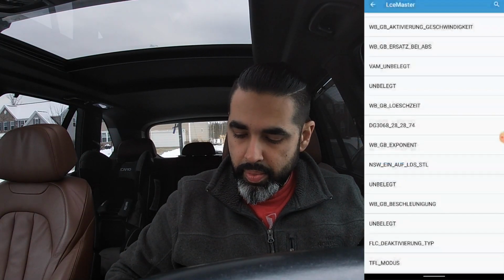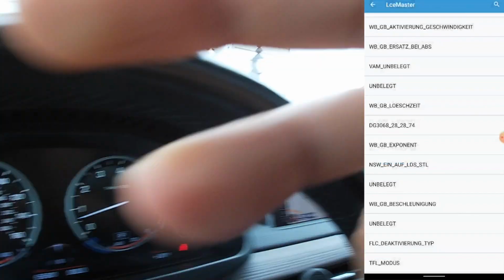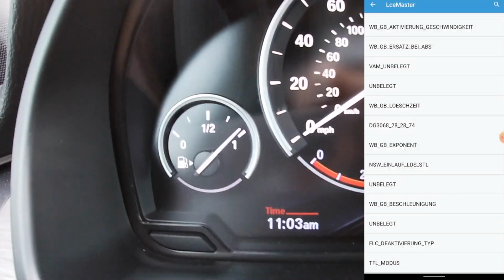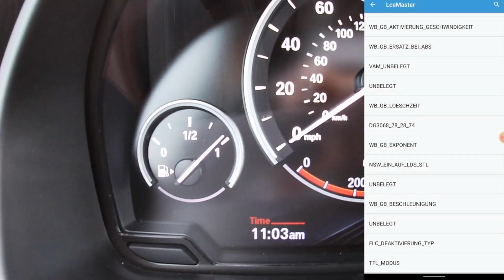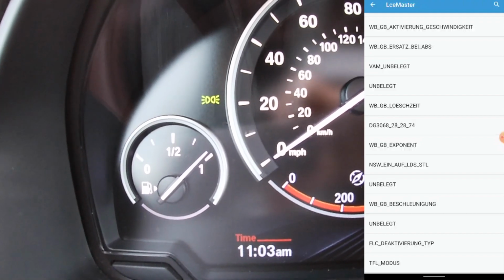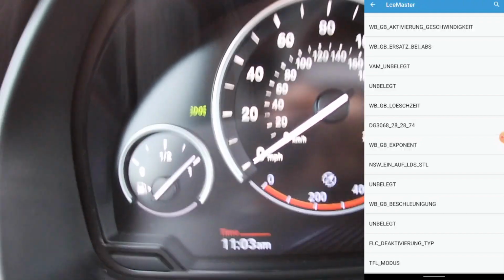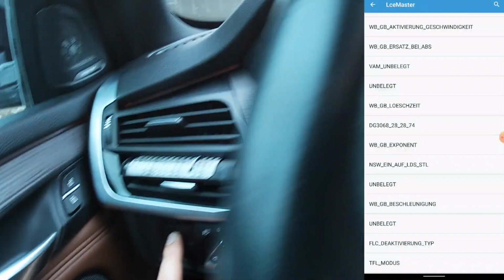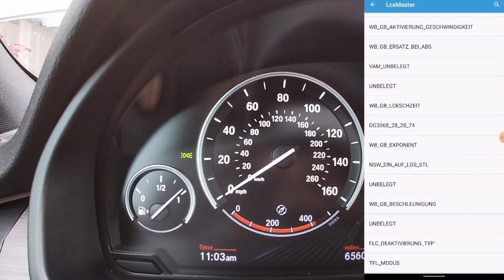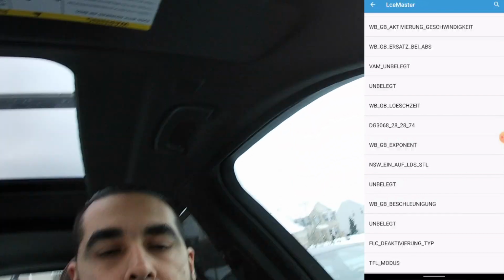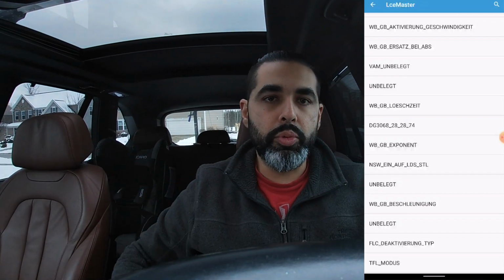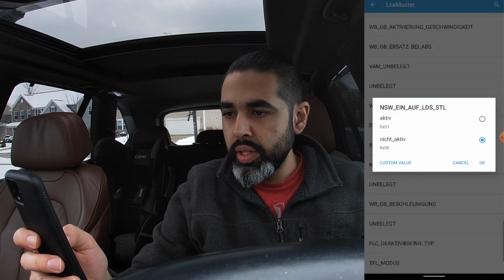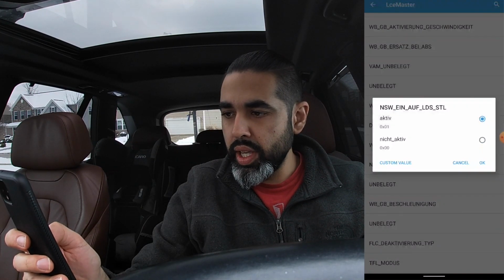But before I do that, I do want to show you guys what I mean by my fog lights. So basically, if you notice, right now my lights are off. I'm going to set it to parking. You see that switch come on, and if I hit my fog switch, nothing is happening. So you can see that I'm hitting my fog switch and no fog lights come on. My fog lights come on if I have my headlights on, or if I do it along with my high beams. So what I'm going to do is code this, set it to active, click OK,